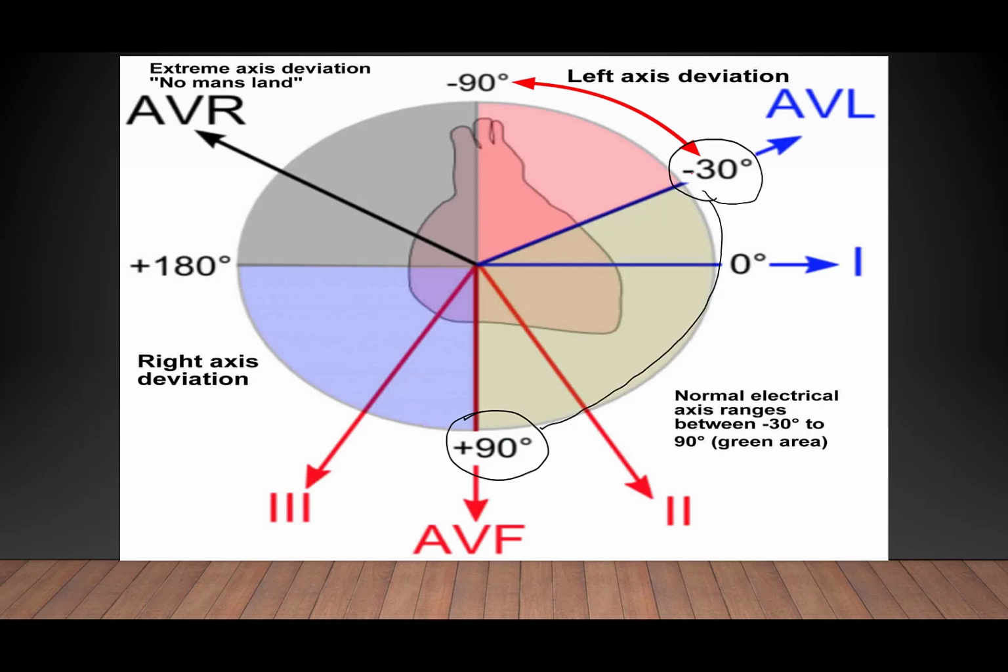Anything between -13 to -19 is called left axis deviation, while anything between +19 to 180 is called right axis deviation. Another one is called extreme axis deviation. In order to know,